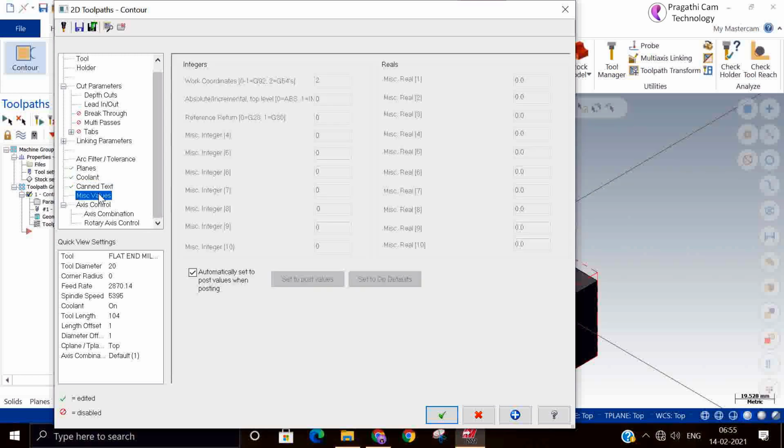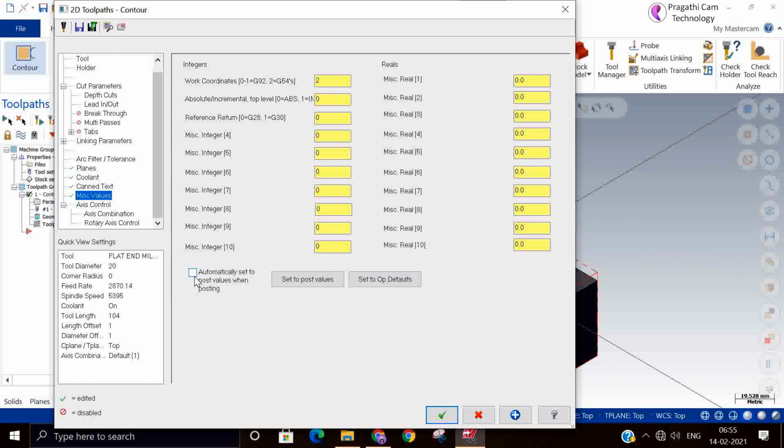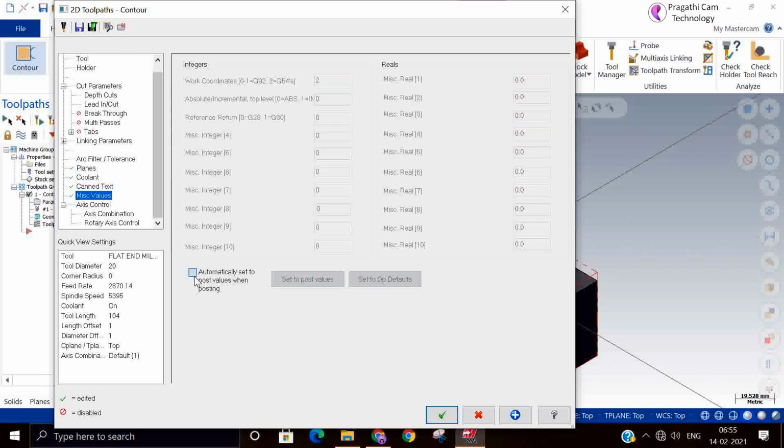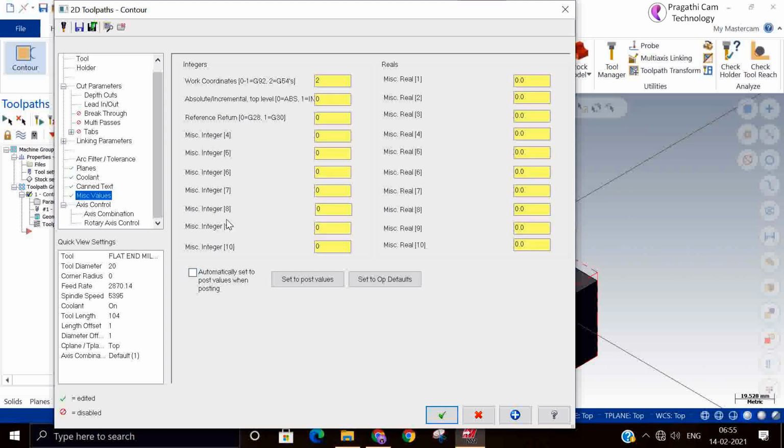The next is the miscellaneous value. The default is okay. You need not change anything here. In case a customization is needed in your post processor, they will use this miscellaneous integer function and real functions. Otherwise, you can use the default value. Okay. So we have a new